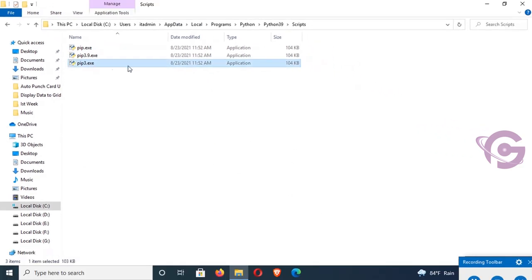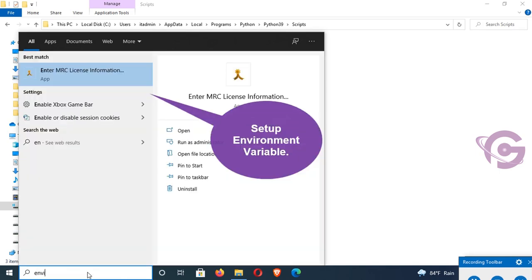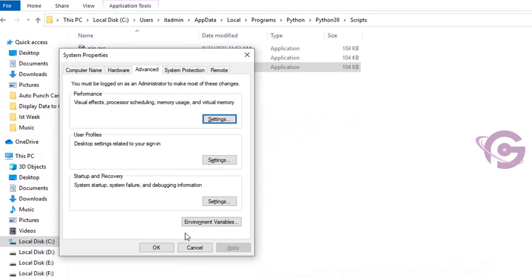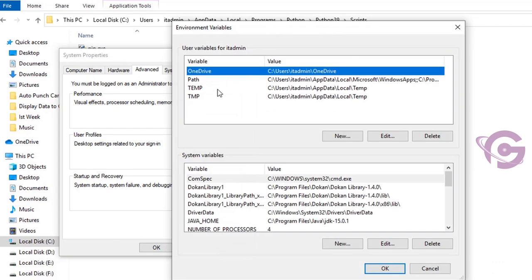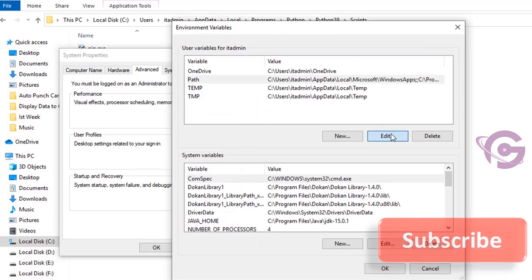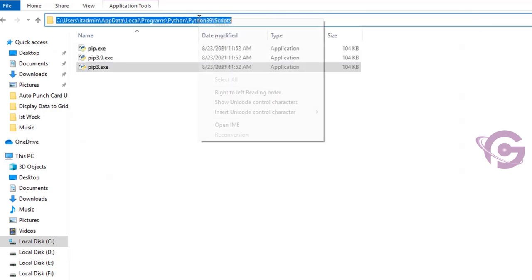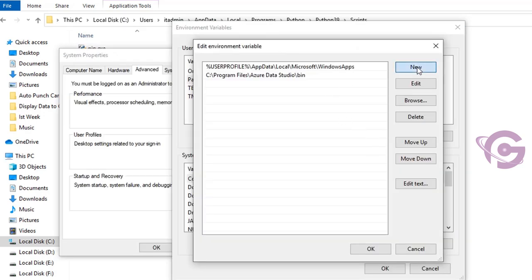So now go to the search bar and write environment variable. Yes, this is the environment variable. Click on environment variable and these are the environment variables. Click on path and now I'm gonna add a new path. To get the new path of the Python pip, just copy the Scripts directory path and then click on new, paste the